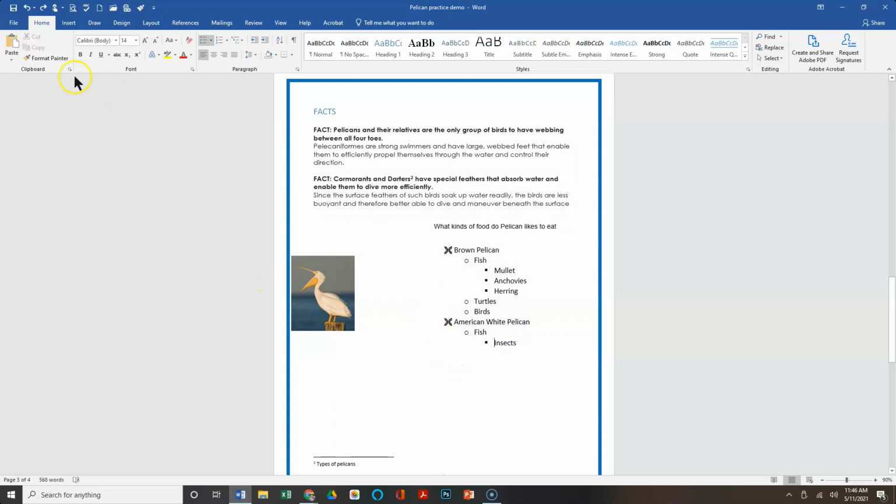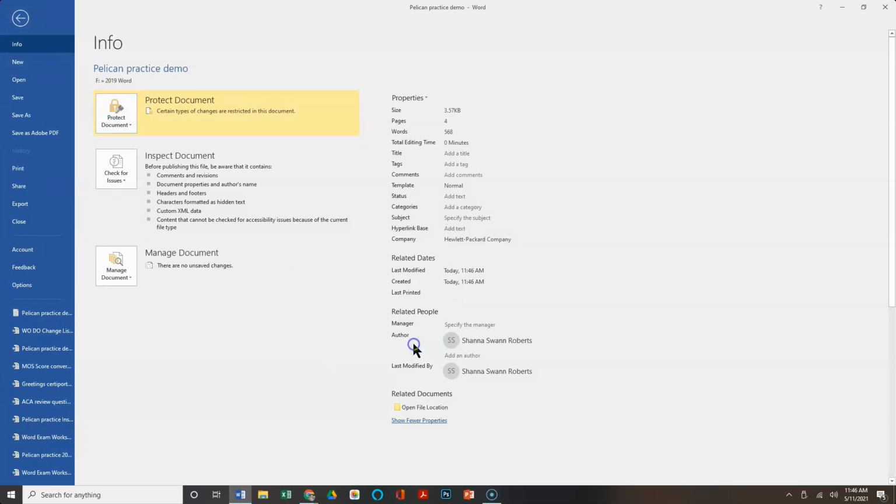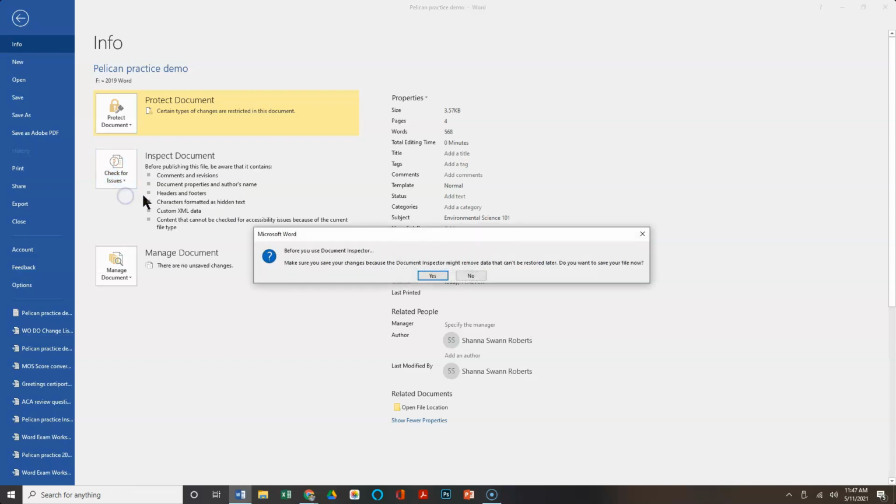To add a subject, File, I would just always go ahead and do Show All Properties, so that way it's easy to find the subject. To inspect for the document,